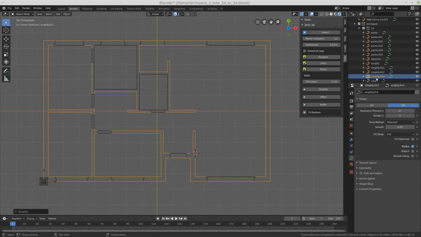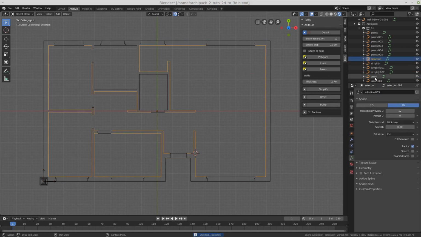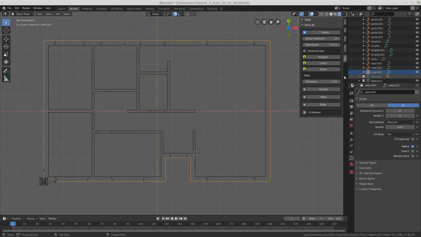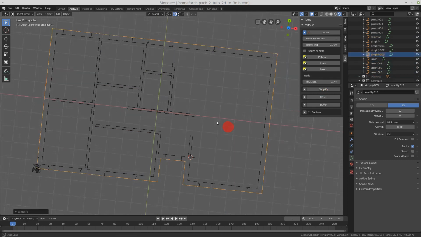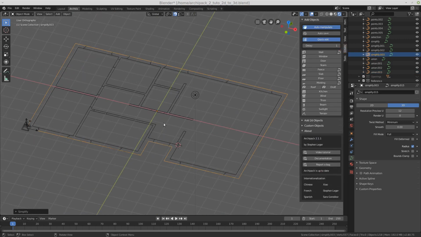Looks like something is wrong with this. I will select the last union, which is this one, and simplify. This time it's okay. I'm going to press tab, and now I can create my objects from lines.